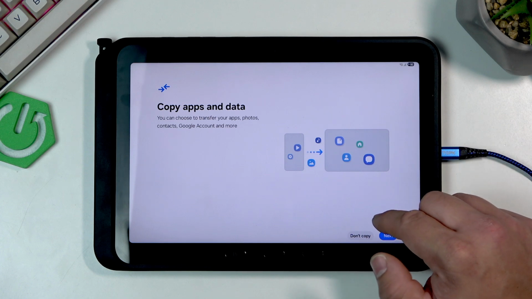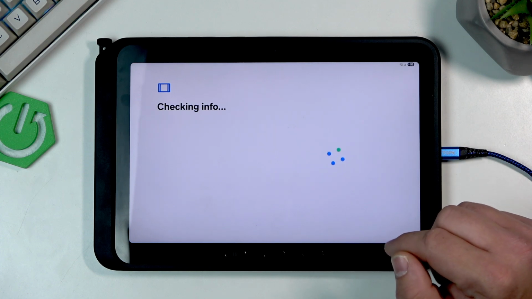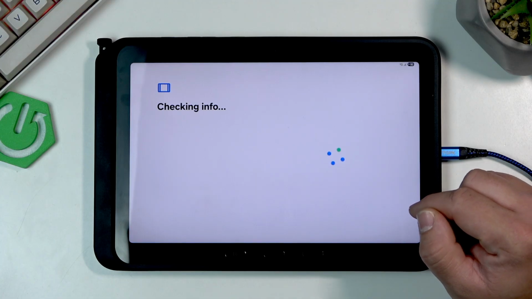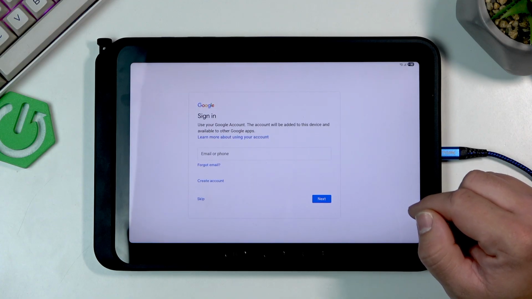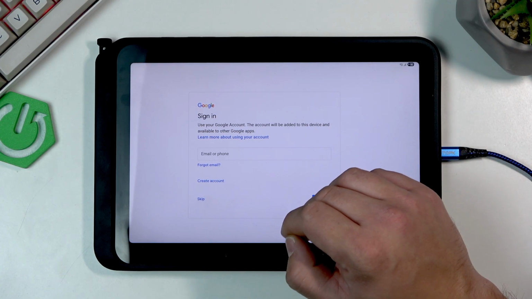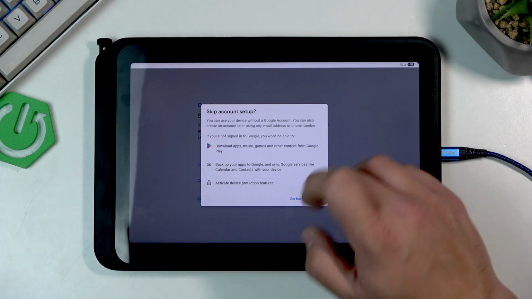You can copy apps and data, or you can skip it. Now you can sign into your Google account, or else